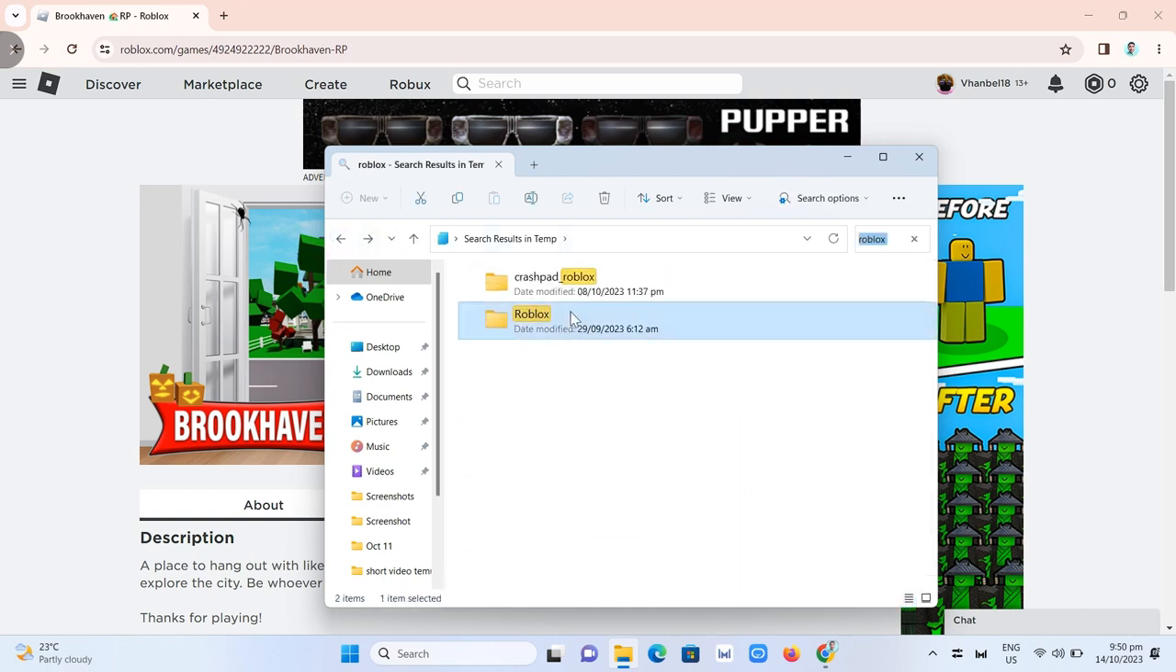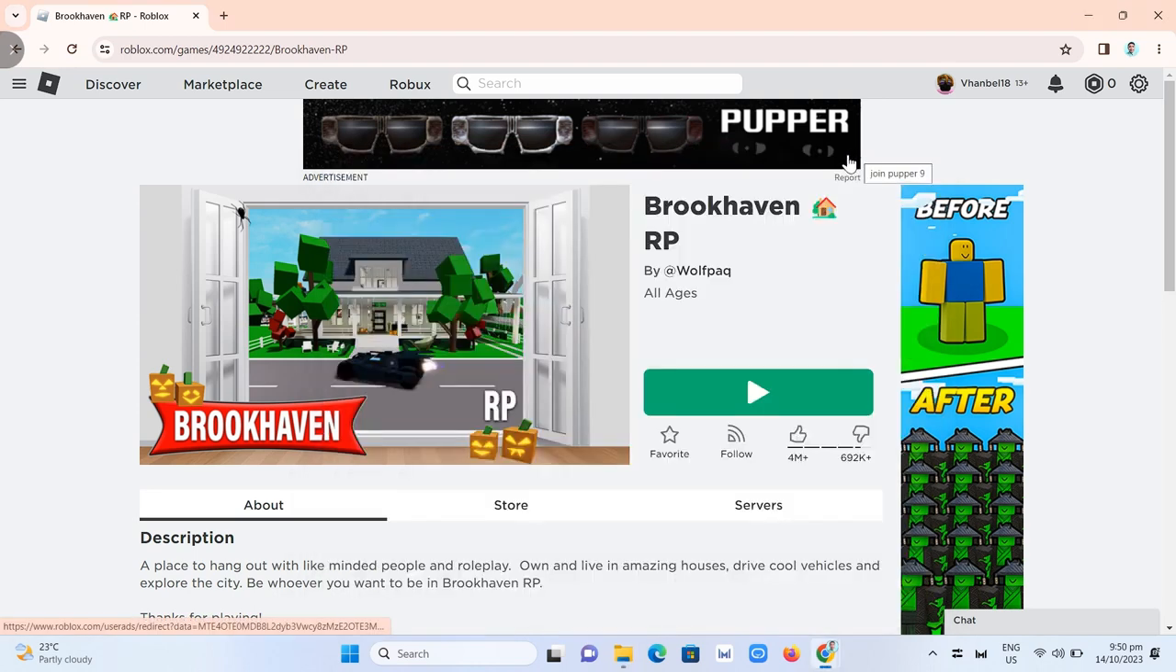Now once you've done this one, you just need to open your browser, then log in again to your Roblox, click on any game, then click on the play button right here, and just have to download and install this Roblox app on your computer. Now once you've done this one here, the next step that you're going to do is